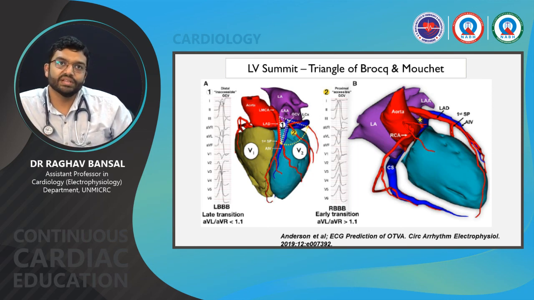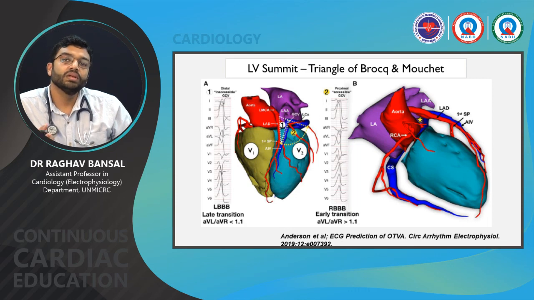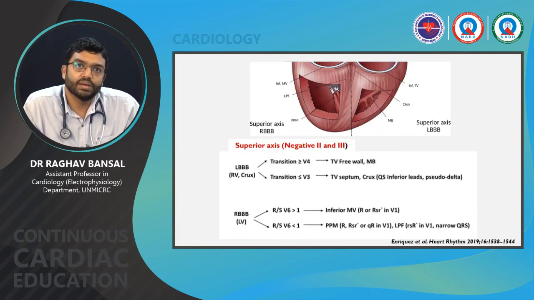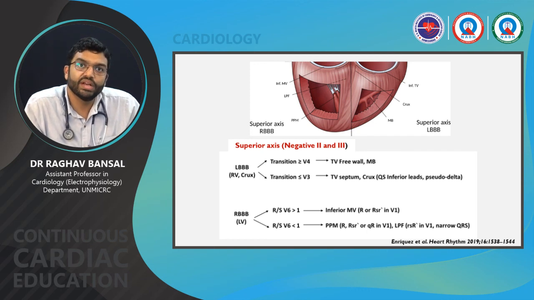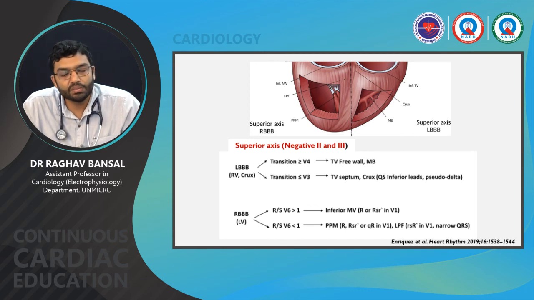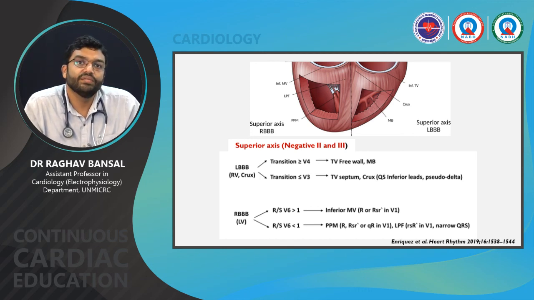It is not very essential to differentiate between the first and second area, but if we want to, the ratio of the S wave in aVL to aVR can help us differentiate the accessible from the inaccessible area. Coming to the inferior quadrants, this will give rise to a superior axis and a negative wave in leads 2 and 3. So if the arrhythmia is a left bundle branch block pattern with a negative QS in V1, then we have to look at the transition.